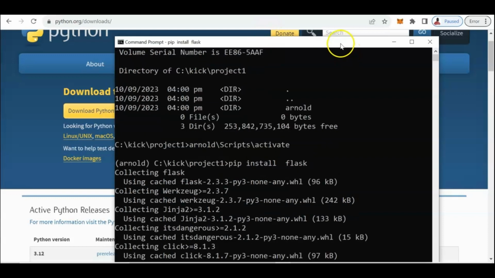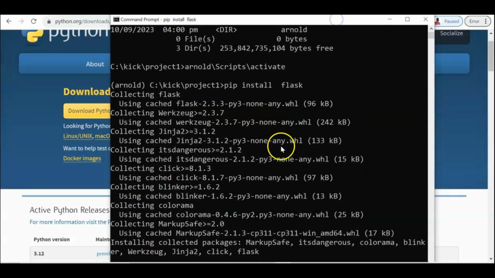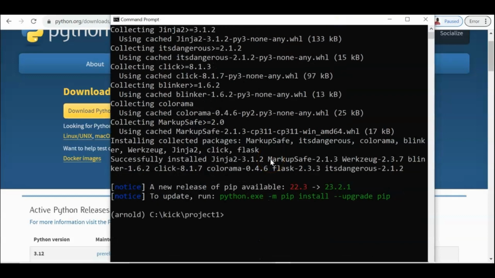Okay, so that's the procedure. All right, so we have here the Flask. Now we have the Flask program. The next part is, of course, we need to create a program. We need to create a program for the Flask. So our target right now is to create a program that will run our Flask using our